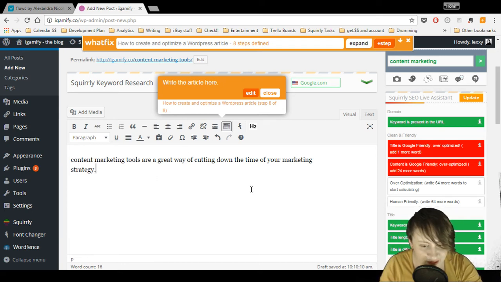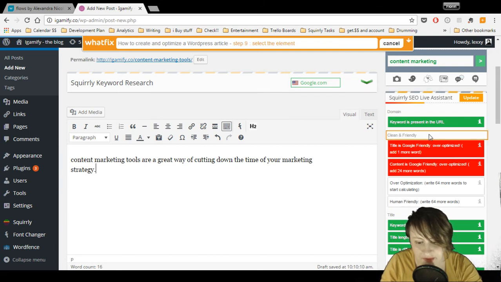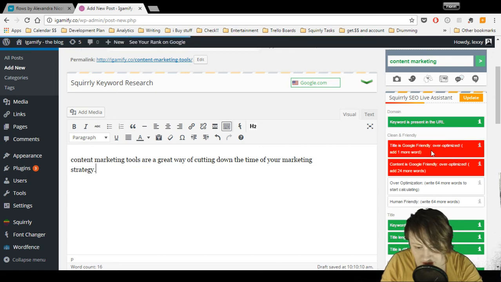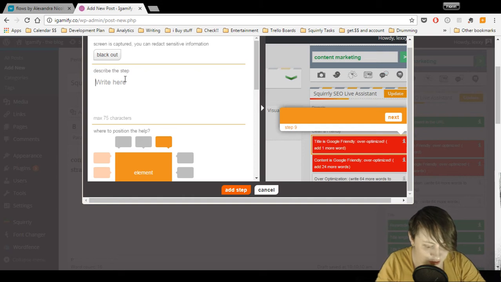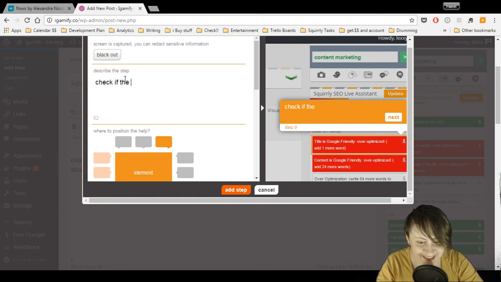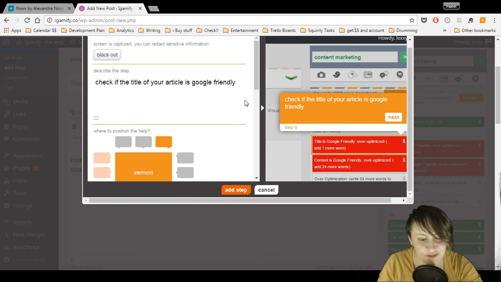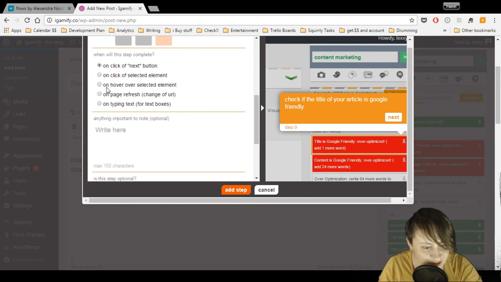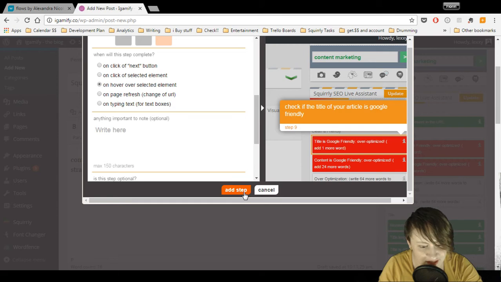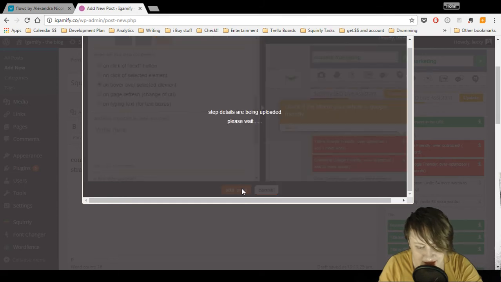So, for example, you keep on going with this, okay? And then we're going to add another step here. Again, a hover one where we're going to look here, okay? Check if the title of your article is Google friendly. Again, we're going to choose this one as a hover, on hover, okay, add step,